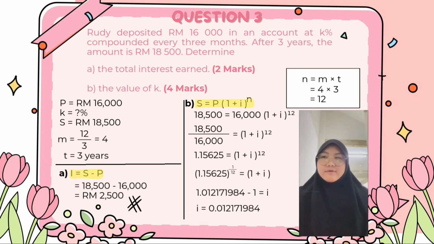After that, the power 12 we move to the left, so it becomes bracket 1.15625 bracket power 1 per 12. After we calculate it, we get 1.012171984. So after that, we need to minus it with 1, and we get the answer I equals